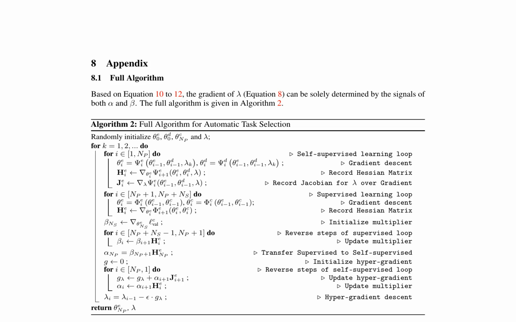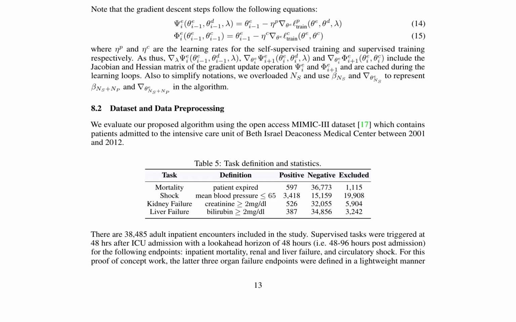The supervised learning loop follows, where the parameters are updated using gradient descent. The hypergradient is computed, and the multiplier alpha is updated. Finally, the hypergradient descent is performed to update lambda. The algorithm is evaluated using the MIMIC-II dataset, which contains